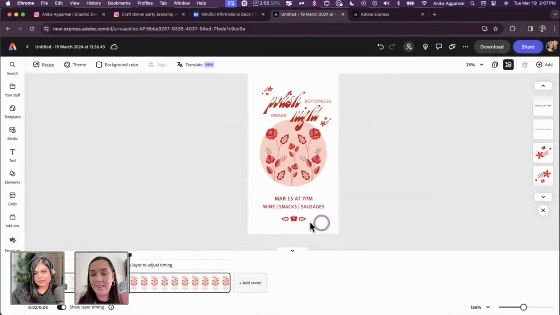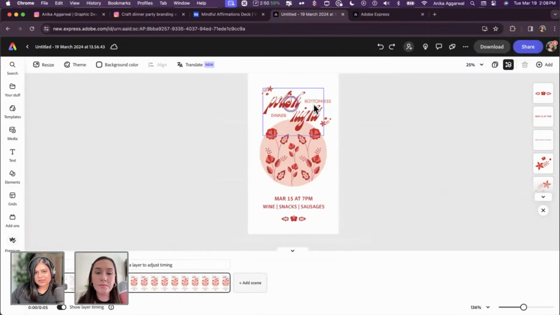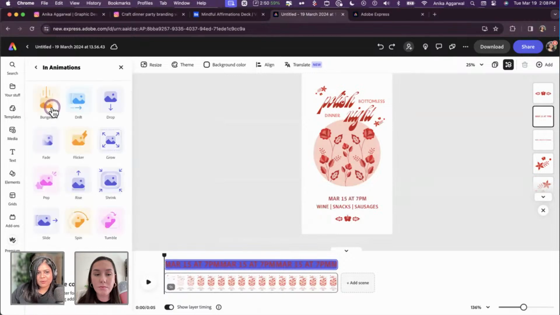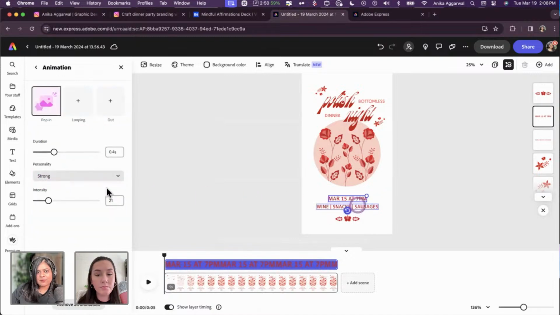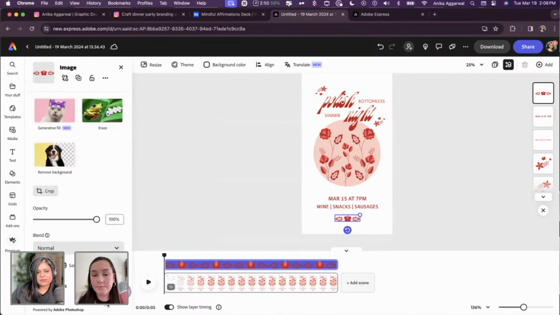I don't like how this is placed, so maybe I'm gonna bring it up here. Or maybe I don't even need this element. I'm not exactly sure why I don't like it here. It feels super busy because there's a lot going on here. It feels like this motif is almost getting lost. But I'm gonna let it be. I'm trying not to get bogged down on the details, so I'm just gonna let it be. I'm gonna do a pop here with this as well, and then here, and then maybe this will be a fade.